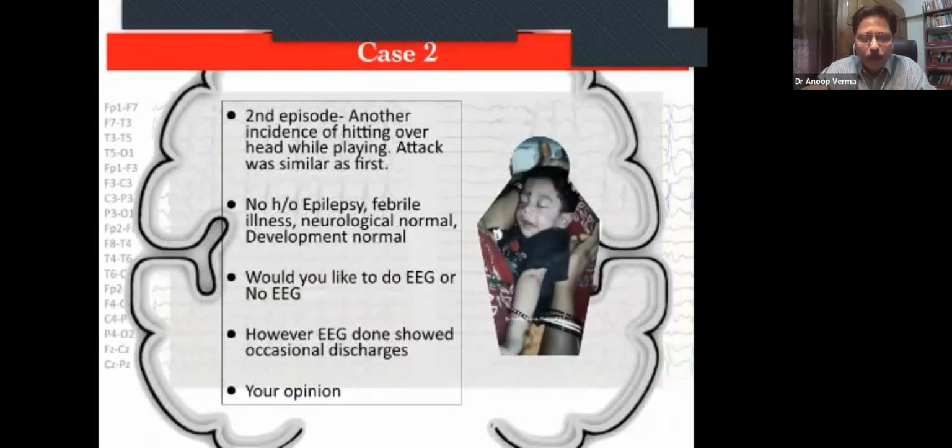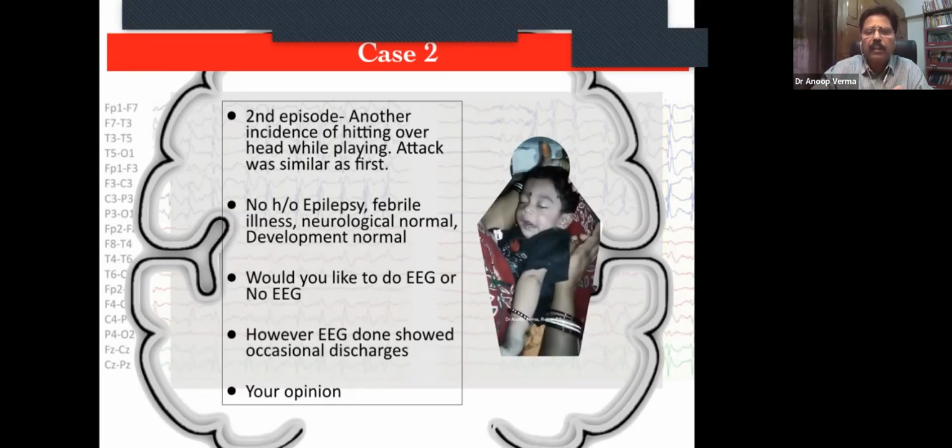So would you like to do an EEG? The video is in front of you. She presented with a tonic spasm, but definitely there was a provocation; it was a breath-holding spell. So the history is very important, and if the patient brings a video, that clarifies that you are not dealing with a seizure event. But suppose the child presents without any information or video, and the parent says there is a tonic spasm with no history of banging and so on, then one has to think along different lines.